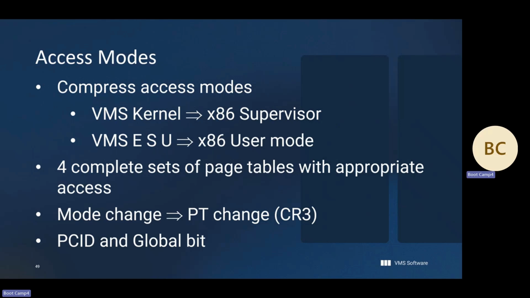We do take advantage of the PCID, which is the x86 term for address space match. Each job gets an identifier, and if it gets swapped out and then brought back in, if the cache entries are still there, it says, oh, okay, I recognize you. And then there's a global bit as well that says for every process, this will map in the TLB.